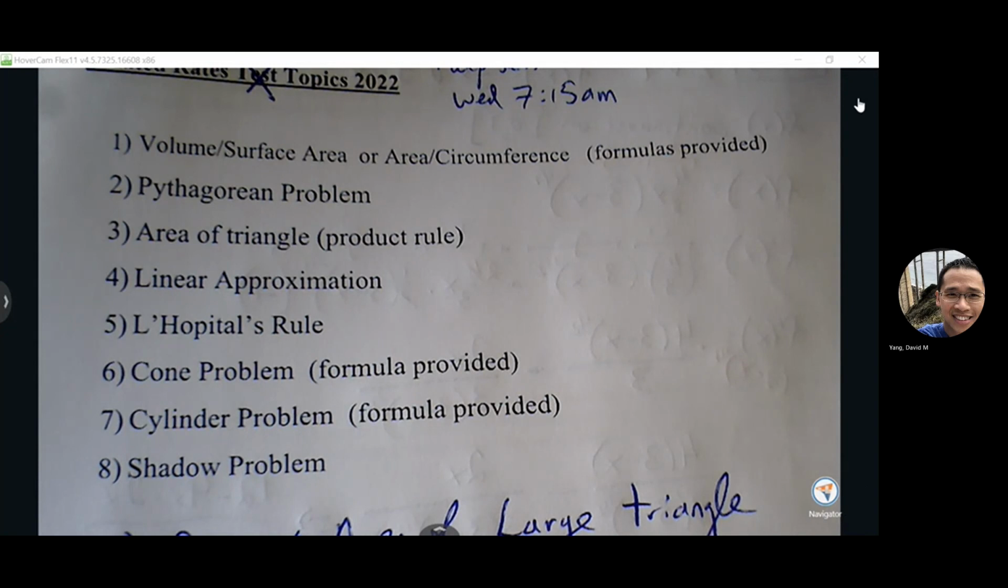Give me an example how you would use that area of the